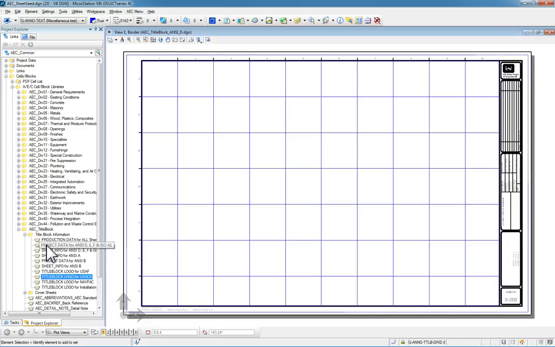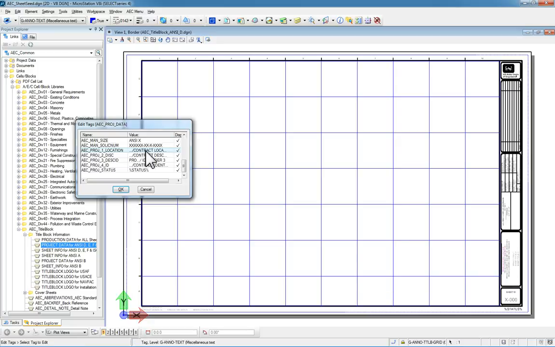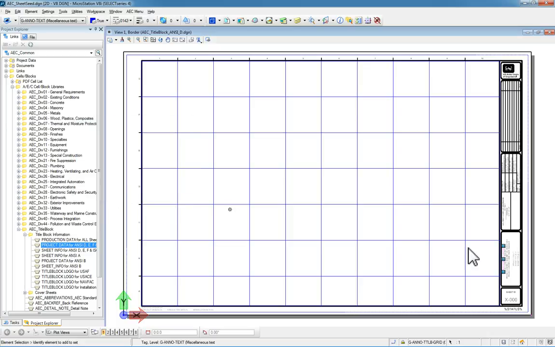Then I'm also going to insert the project data. And this time I'm going to insert the project data inside the title block because I'm not using title block integration. And I insert that in the lower right corner. At this point I would go in and edit the tags in this file and put in the project's location and description, tell it that I'm using ANSI and do any other incidental things that I need to add